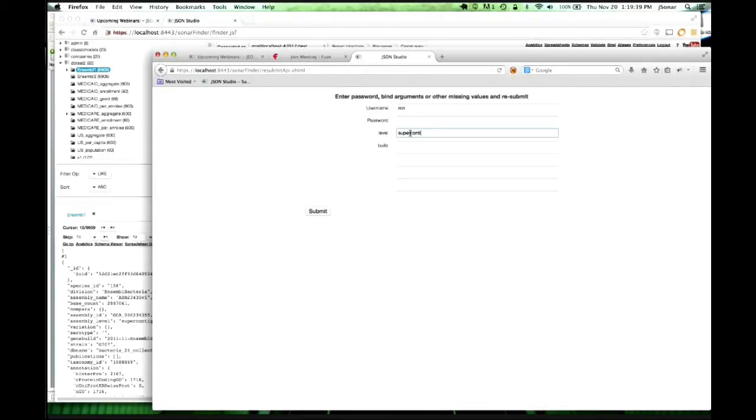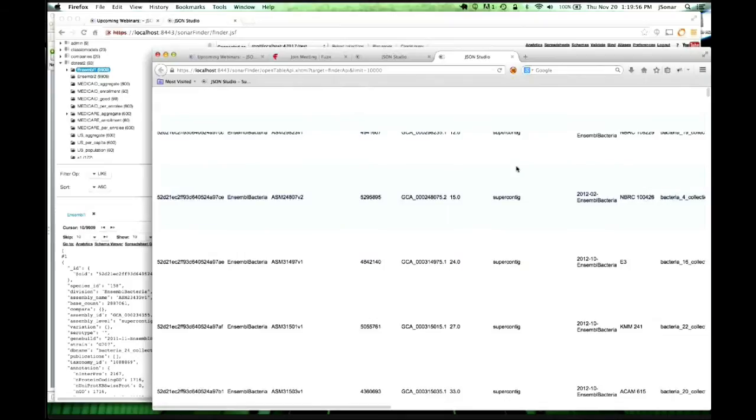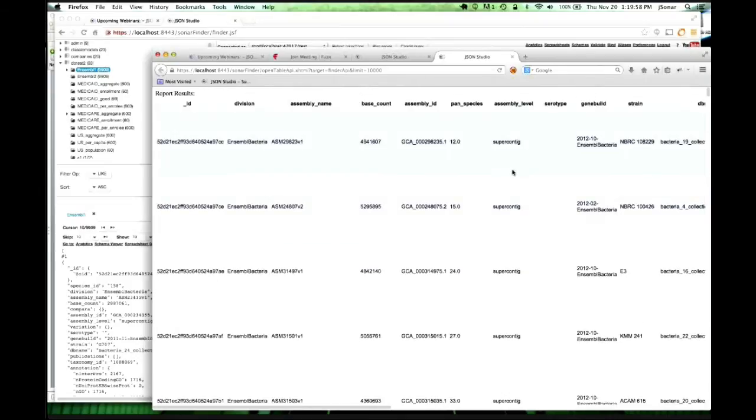So if I put here super config, or actually it doesn't matter because it's a regular expression, so I can put any part of it, and the build is anything with 2012, then it will go and compute the result, and it's different. Remember, before the assembly level was always a chromosome. Now I'm seeing super config because that's kind of what I asked for. And if I did exactly the same thing,